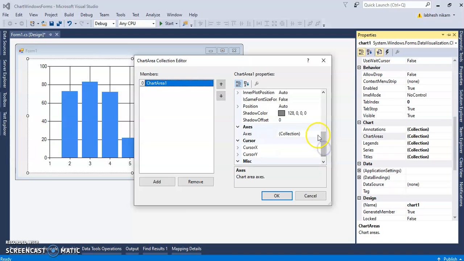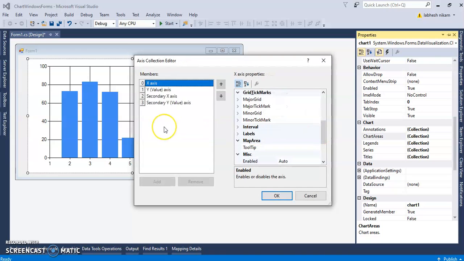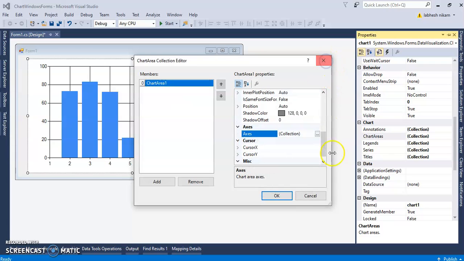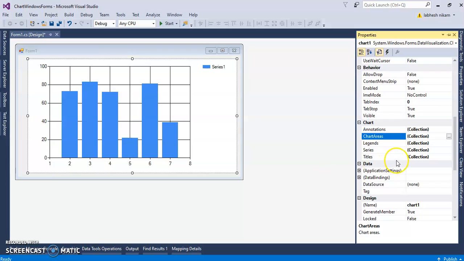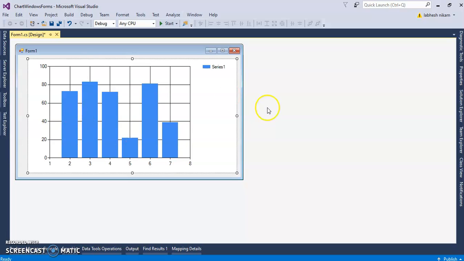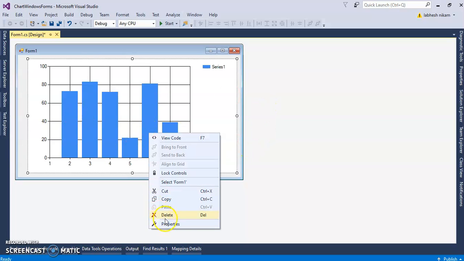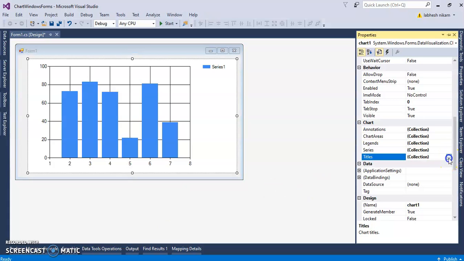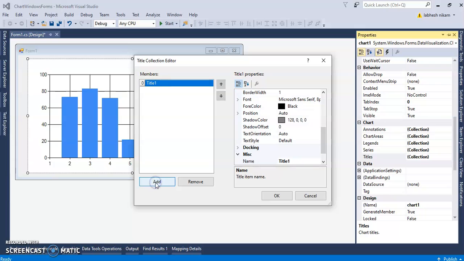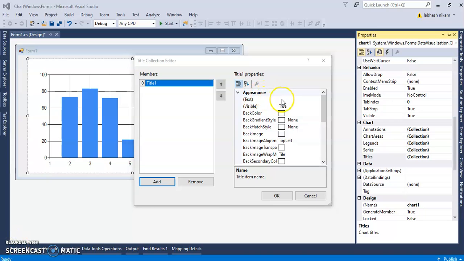Okay, and there are properties of the x-axis and y-axis like title and their values, names, properties. Okay, and if you want to give a title for the chart, you can give it from here. Okay, so I want to give the title of this chart as result of the student, so I will add in the Titles property, in the Text property, I will add Student Result as a chart title. Okay, so Student